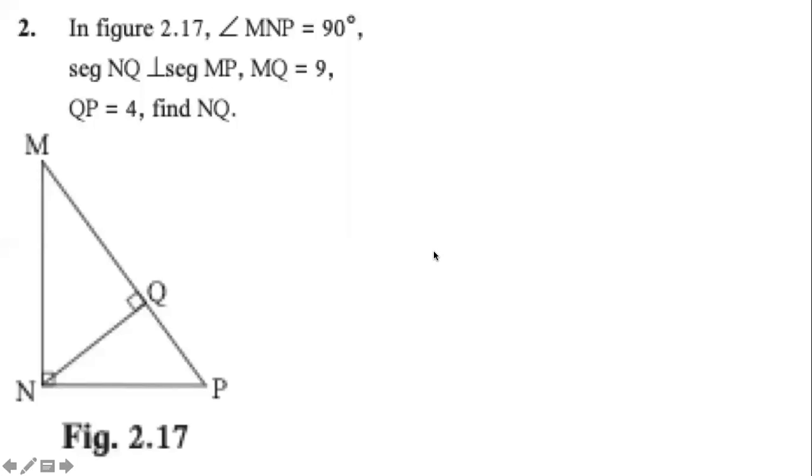Moving to the second question. Let me see if I have put the question correctly on the screen. Yes, it is correct. This question involves a diagram and some explanation of the diagram. I will explain the question, then you will try to solve it on your own. I will tell you what you need to use. It says there is a triangle MNP in which angle MNP is 90 degrees. You can see it here clearly. This angle here is 90 degrees.